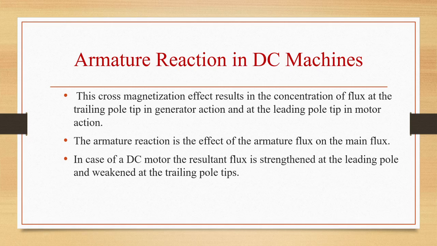See, the property of magnetic material is such that whenever a voltage is applied to a magnetic material, the voltage creates a current when the circuit is closed, and because of this current, flux is created inside the magnetic circuit. So what is happening? Main flux is the flux produced by the main field poles. When I showed you the construction of a DC machine, there we saw dotted lines representing the main flux.